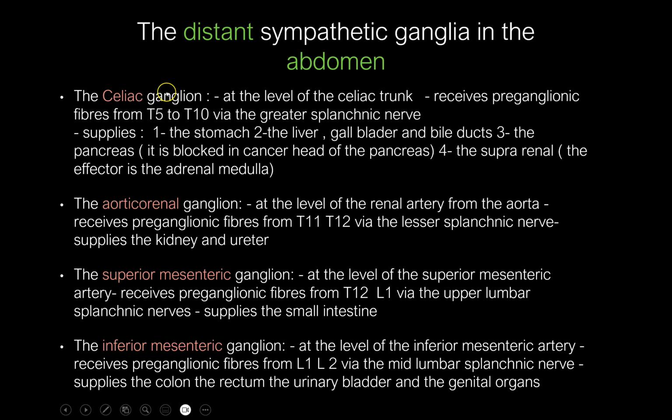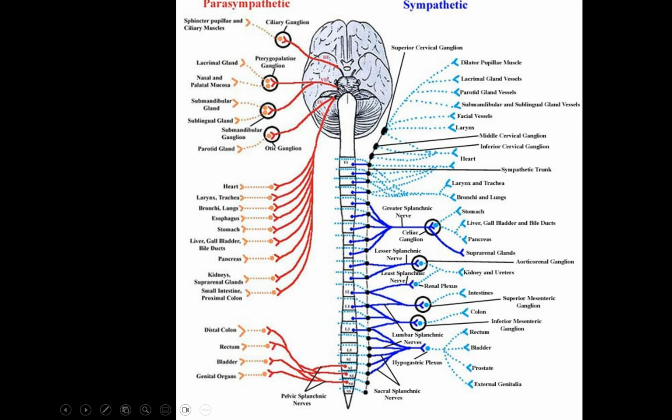So, celiac ganglion: postganglionic fibers to the arterial supply of the celiac; aortorenal: kidney and ureter; superior mesenteric ganglion: supply to the blood supply of the superior mesenteric artery; inferior mesenteric ganglion: inferior mesenteric artery. Again, you will see it. These are the long preganglionic fibers arising from the